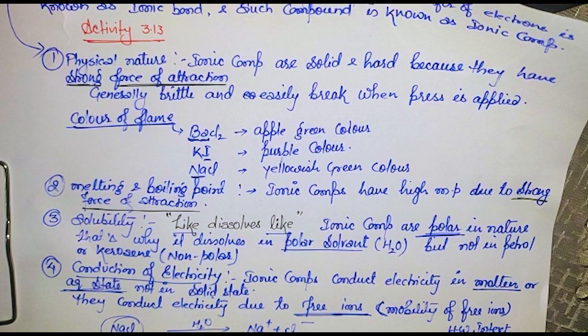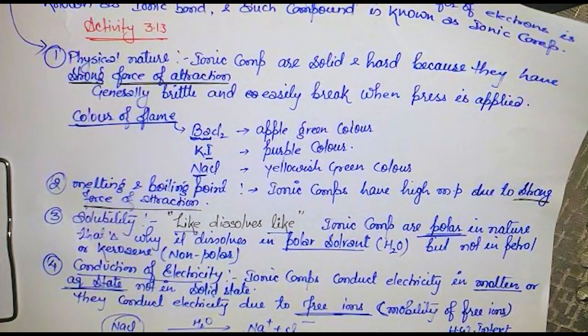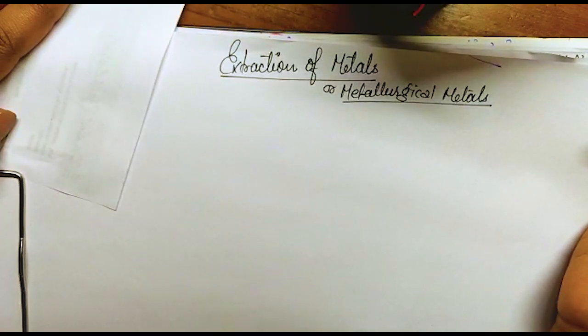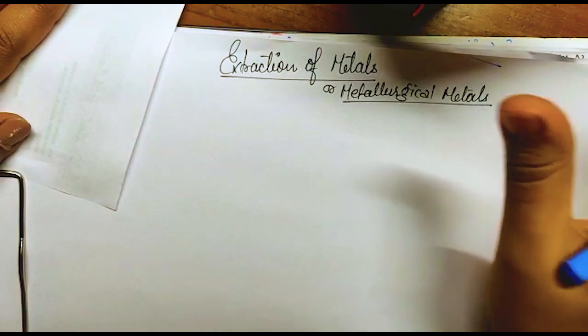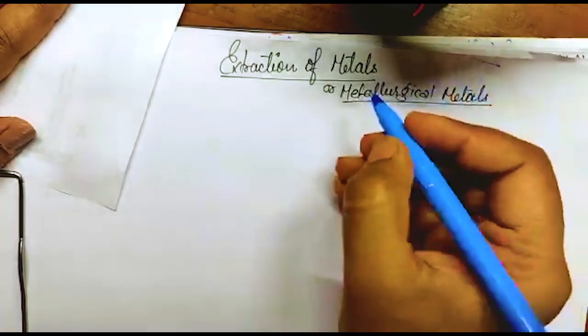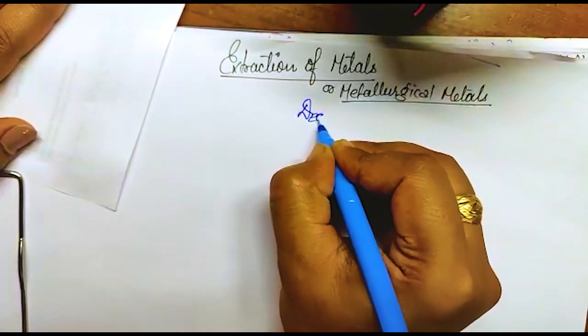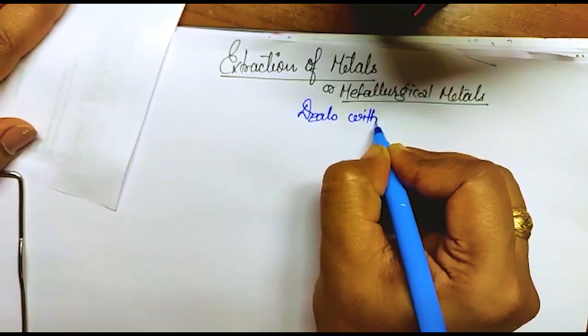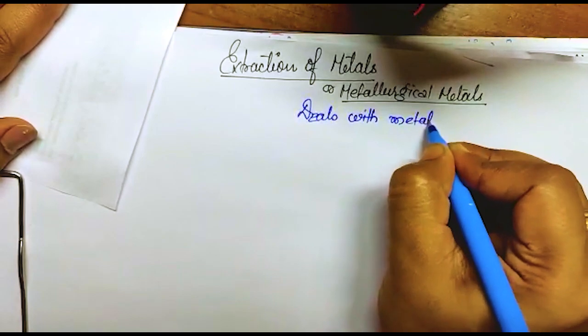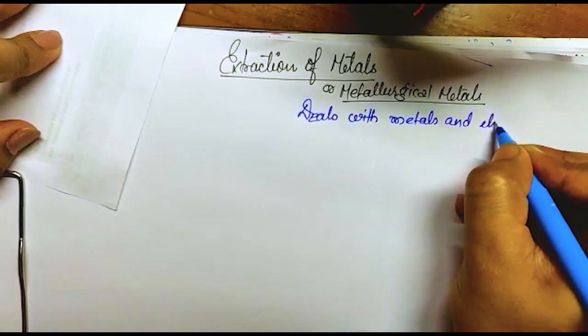Done with that? So whenever you write the notes on that extraction of metal, after this heading, you just write the portion is deleted. Okay, bache? I hope I made myself clear what you are supposed to do. Got it? So let's start with this. In this, what we have to do is deal with the process to extract the metal. So this topic will deal with the metals and its extraction.